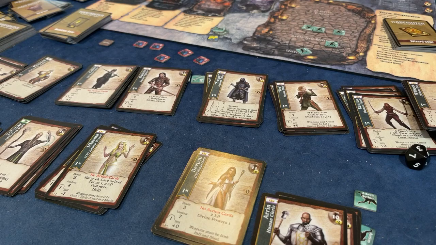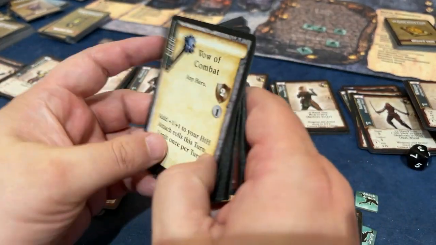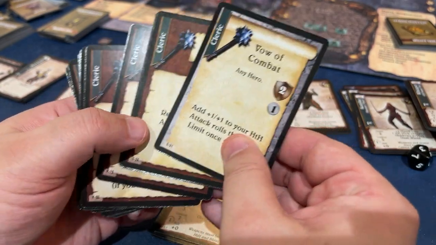So we're going to take a cleric. Now the question becomes, do we take a cleric as a player character, meaning that we're going to draw action cards, or do we just have it be a cleric in a box type character? I think the answer to that depends on what the skills are. So there's skills like this